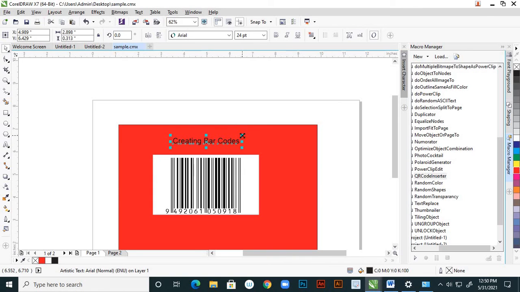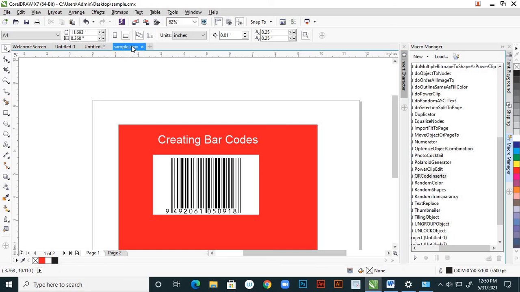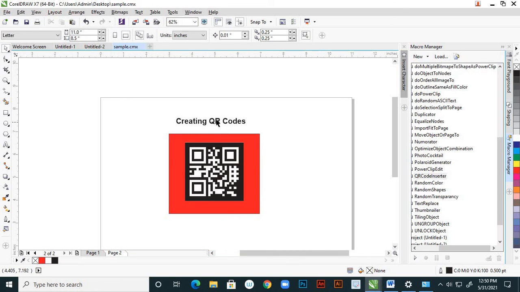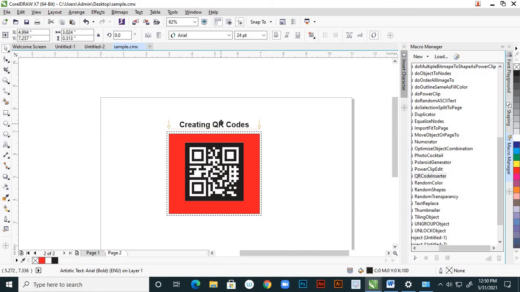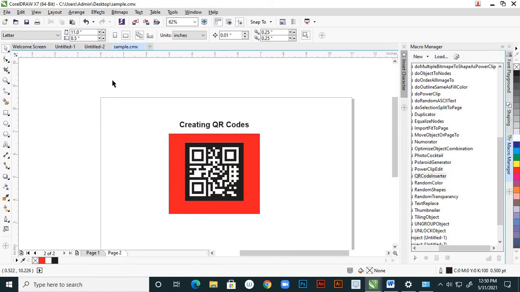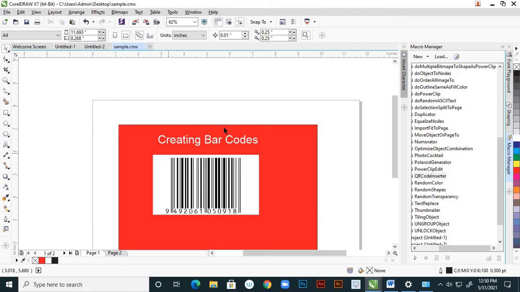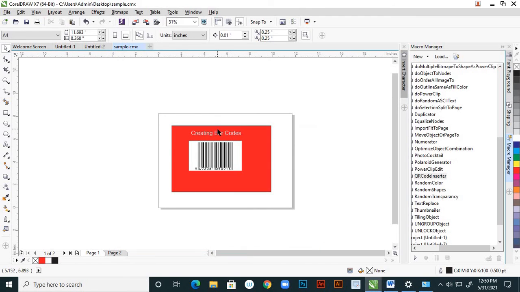So make it a bit bigger, and suppose it is 36, change it to white, right? And this is on the second page, creating QR codes, right? So these are the two topics I explained for today.